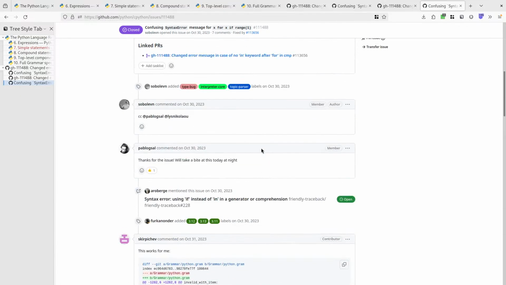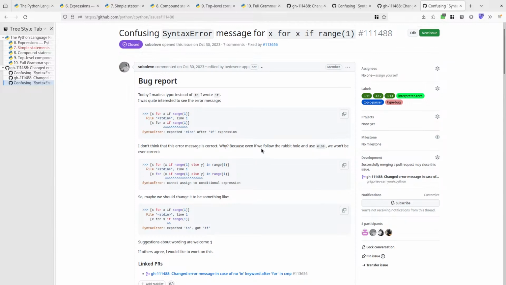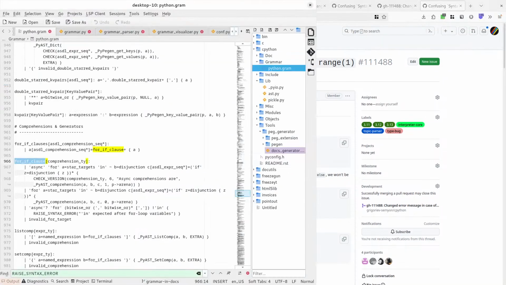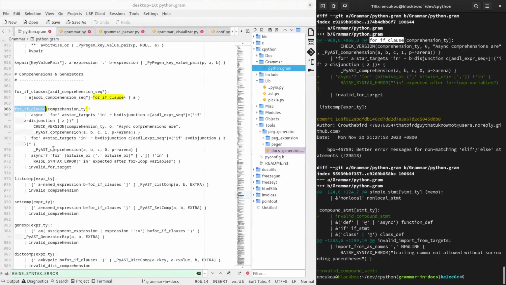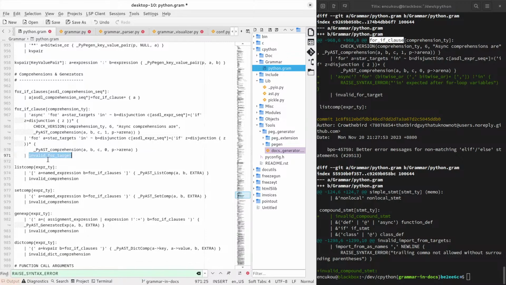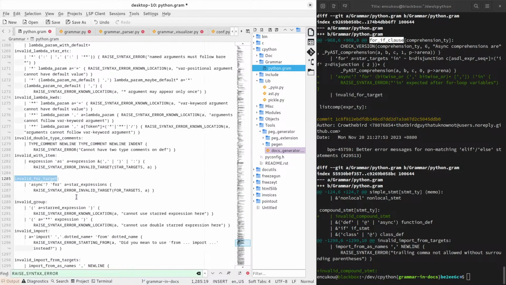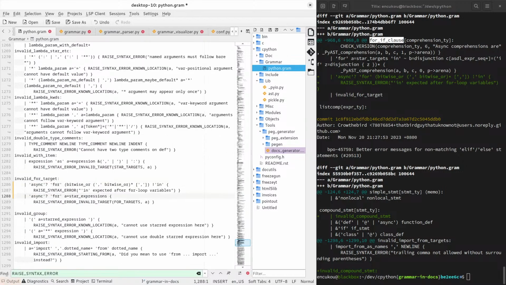So there's no mention of this not being an invalid rule. So maybe it just wasn't considered. Well, let's try if it changes something, right? So if I take this and move it into invalid for target here,